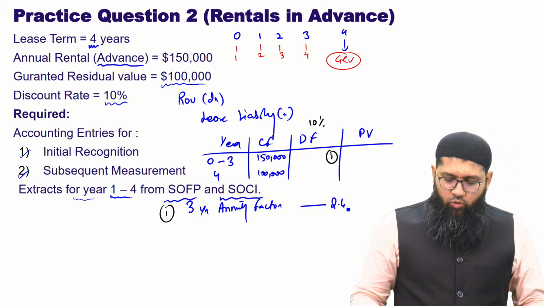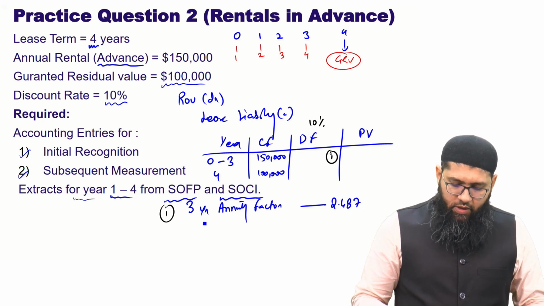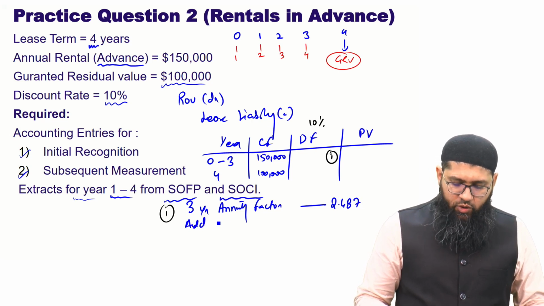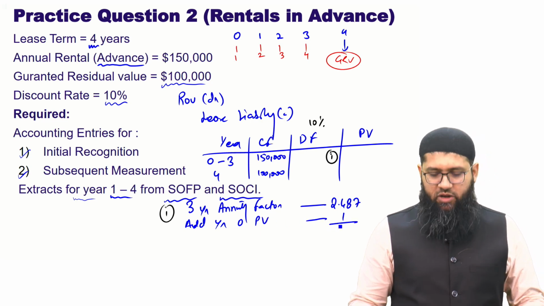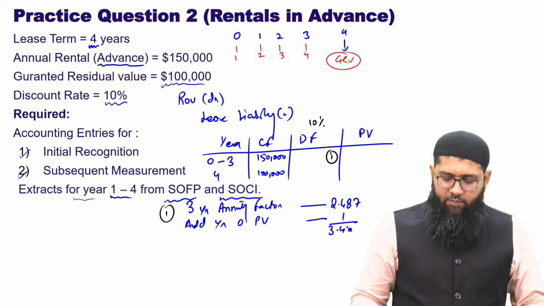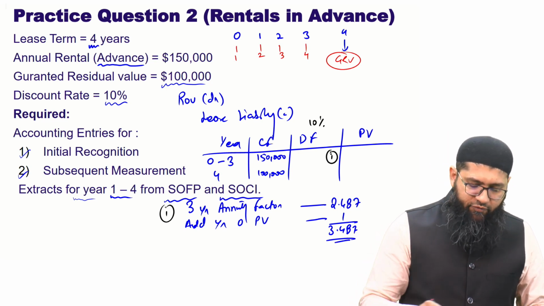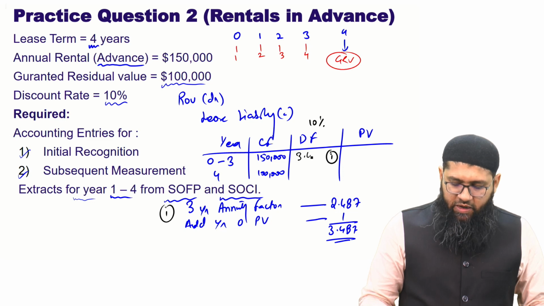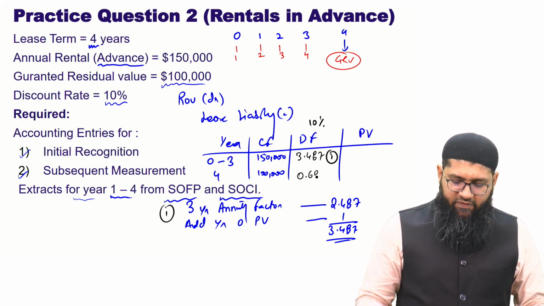So it is going to be 2.487. Then what you would do is add the year 0 PV factor, and the year 0 PV factor is going to be 1. So it would become 3.487. What is it going to become? It is going to become 3.487, and this is going to be 0.683,